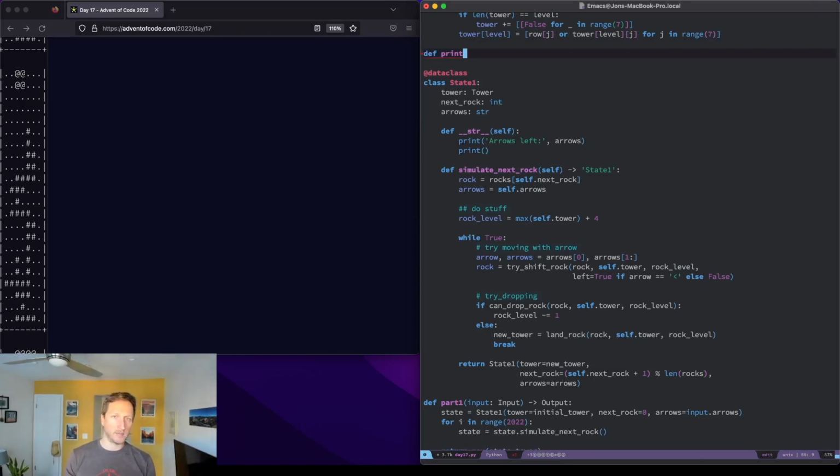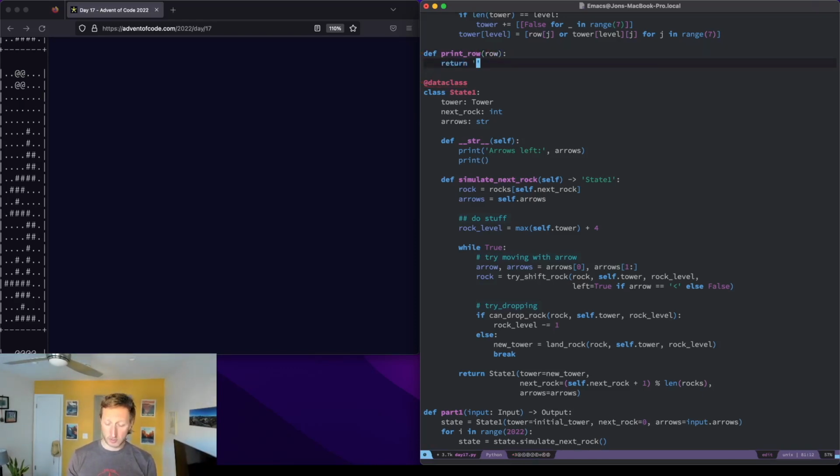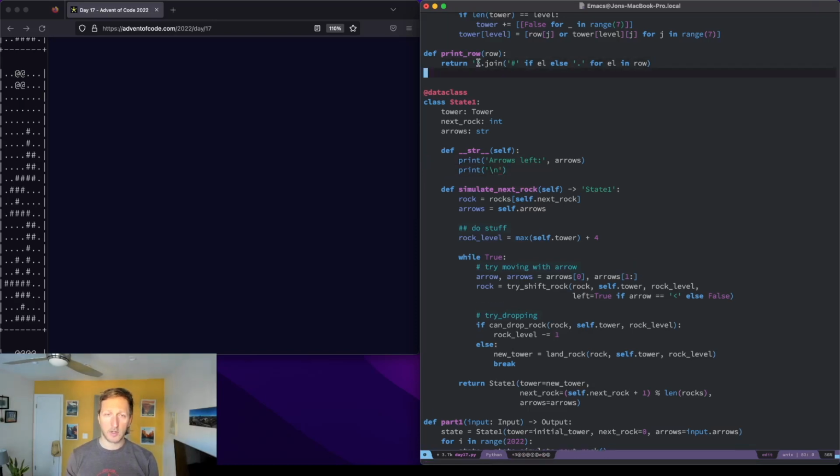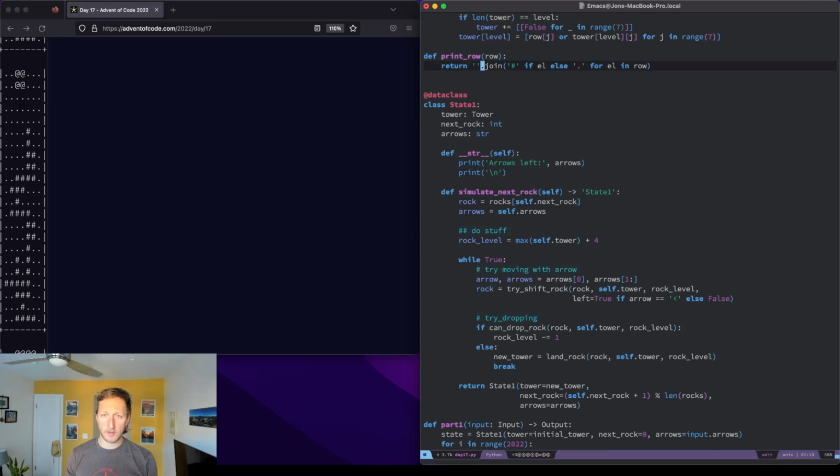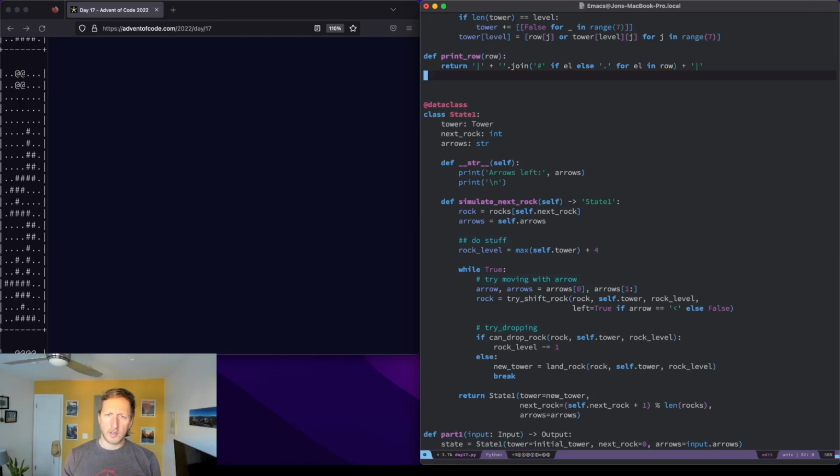def print row. Return. Okay, and then print... def print space, do tower,